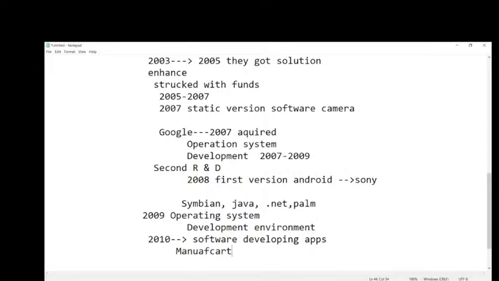In the span of 2010 to 14 or 15, four to five years, it became huge in the market, because every six months or one year, they were giving major updates with features people were not expecting. Because of those reasons, in four to five years, it occupied 70 to 80% of the market